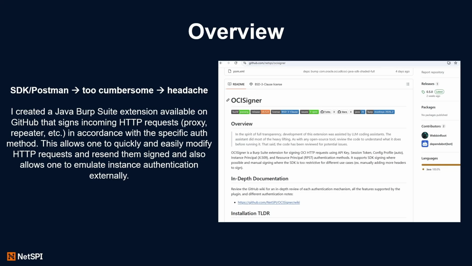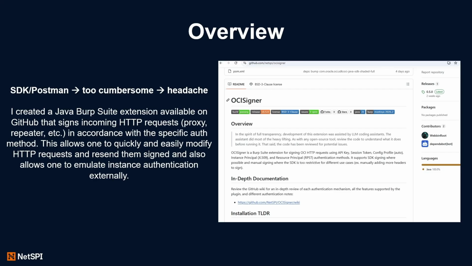So if I do OCI list buckets, capture that HTTP request, change one of the parameters to something else and forward that request, and it's not signed properly, you're just going to get an error response from the server saying your signature does not match what I'm expecting.